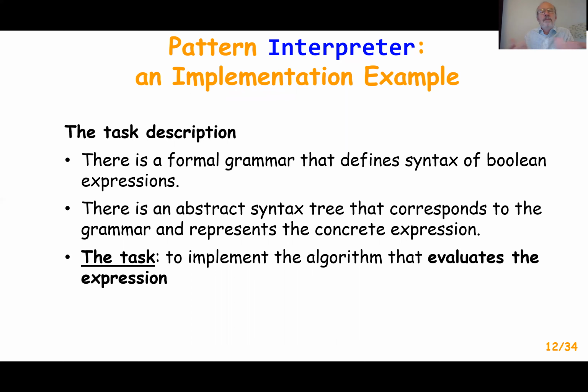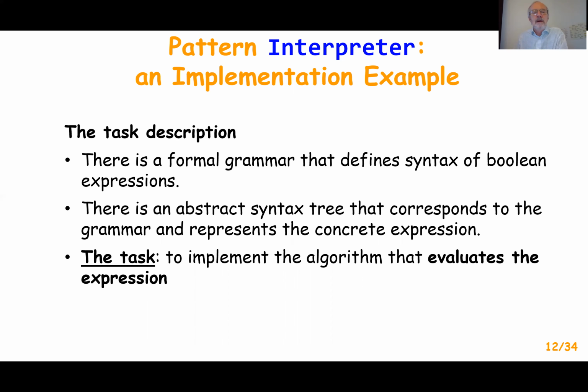First of all, there are operands. Operands are variables and constants, that is true or false, and there are operators on such operands. Operators are logical and, logical or, and logical negation. And we also use parentheses to group